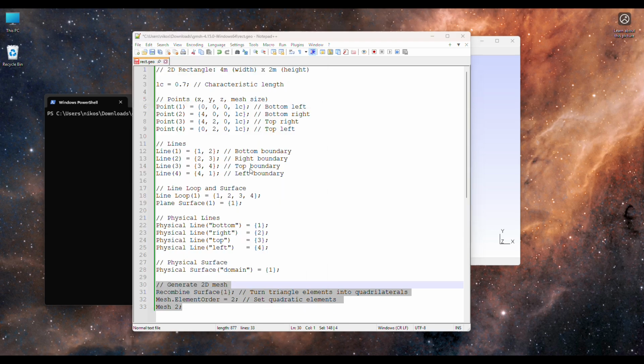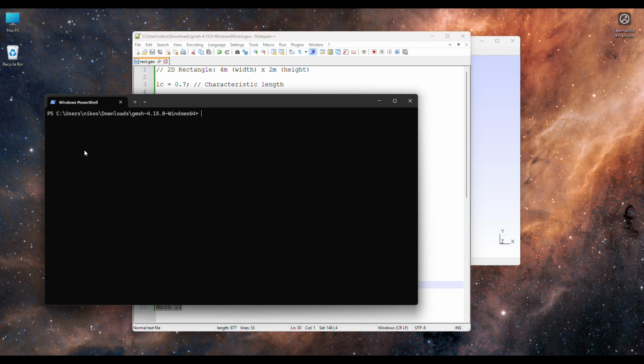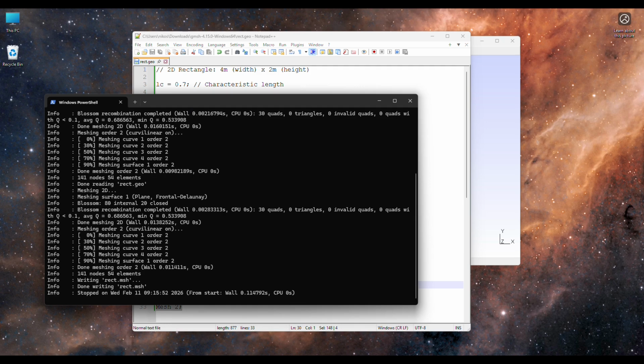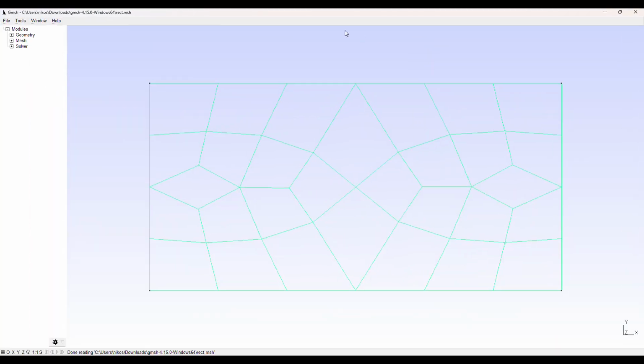We save it as rect.geo. We then run from the command prompt gmesh rect.geo -2 to get the final mesh. Here's the generated quad mesh with 30 elements.